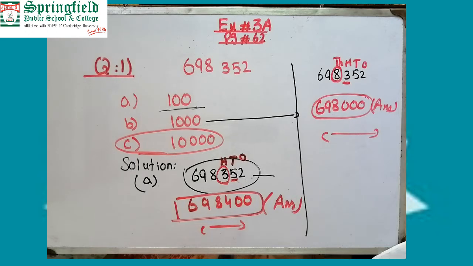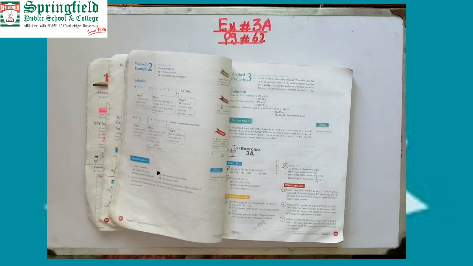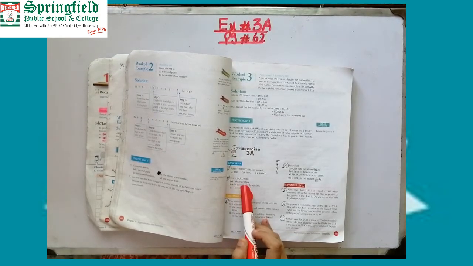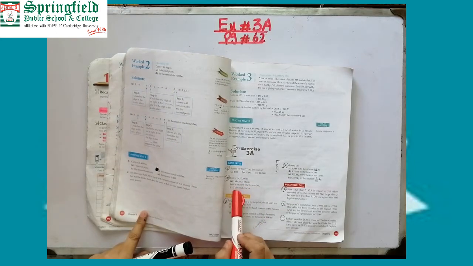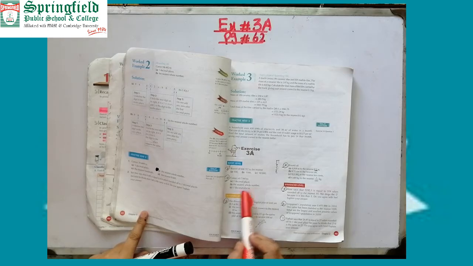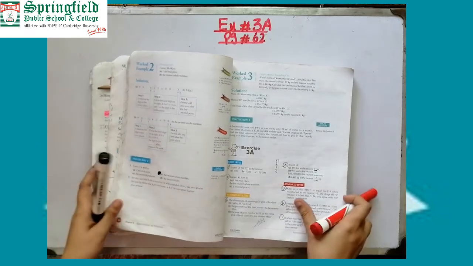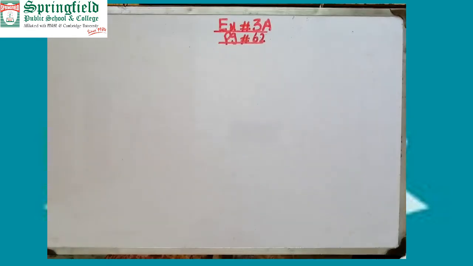Okay, now come on the question number 2. The question number 2 is correct 45.7395 to the A part 1 decimal place. In B part they are saying the nearest whole number, and in C part 3 decimal place. Okay, question 2.